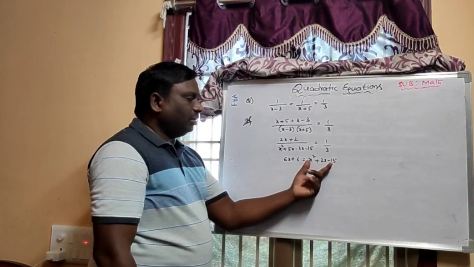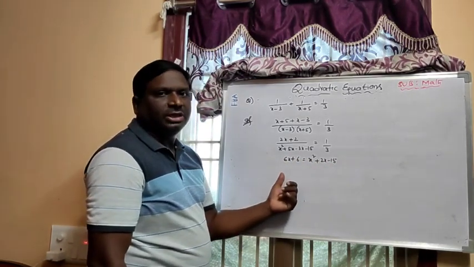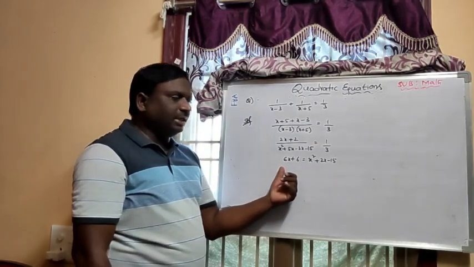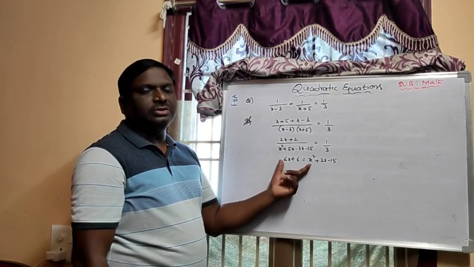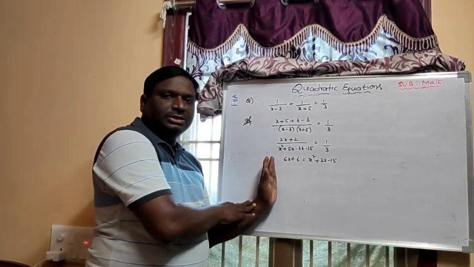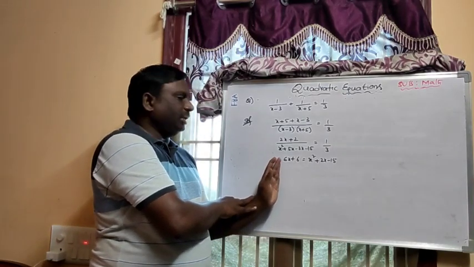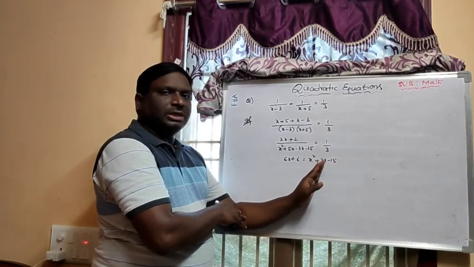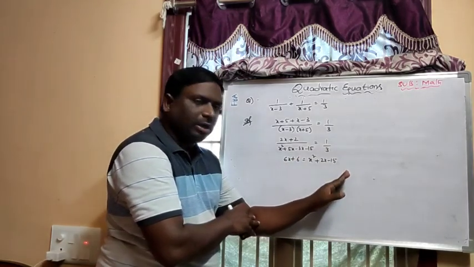Okay. So total two x square terms are there, one on the left hand side and another on the right hand side. In that case, which is the biggest x square term? You have to compare the x square coefficients. Suppose the left hand side has the biggest coefficient, then you can take all the terms to the left hand side. So here there is only one x square term, which is on the right hand side. Then the remaining x term and constant term you can take to the other side.